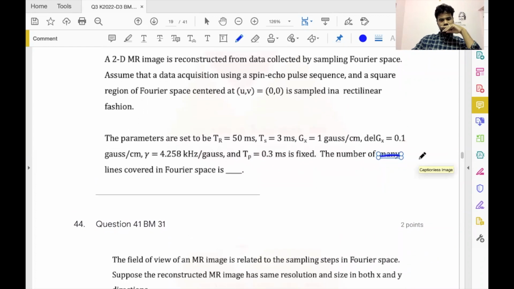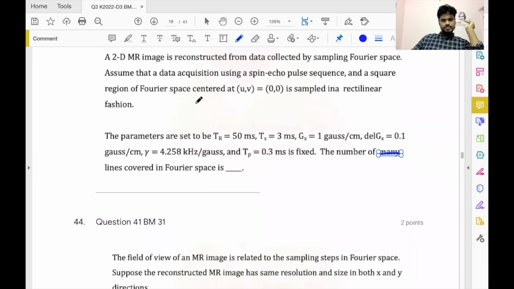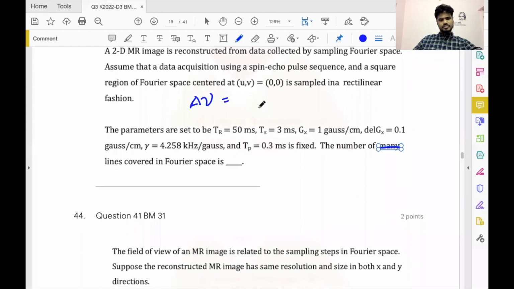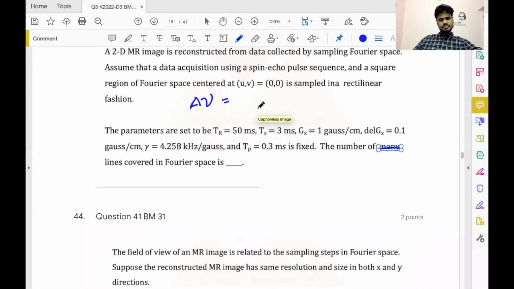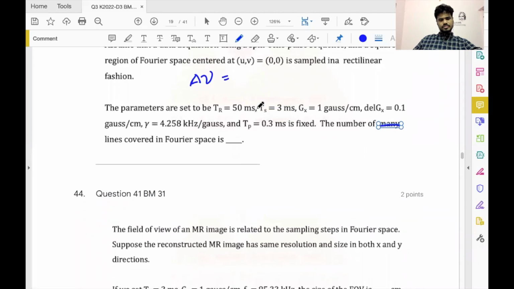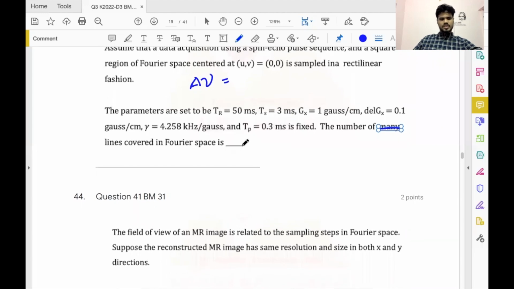First, we should calculate del nu. Then we'll calculate the U max minus U minimum. And from that, we'll calculate the number of squares. That is U max minus U minimum by 0.127. Fine. And del nu, I suppose you could calculate from